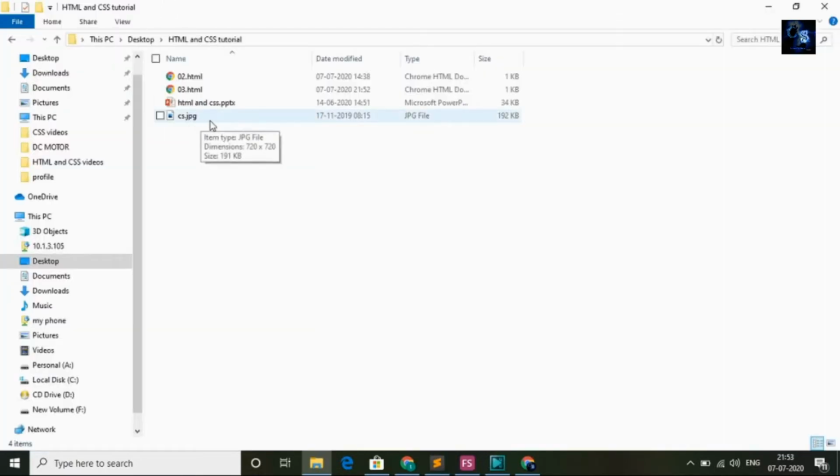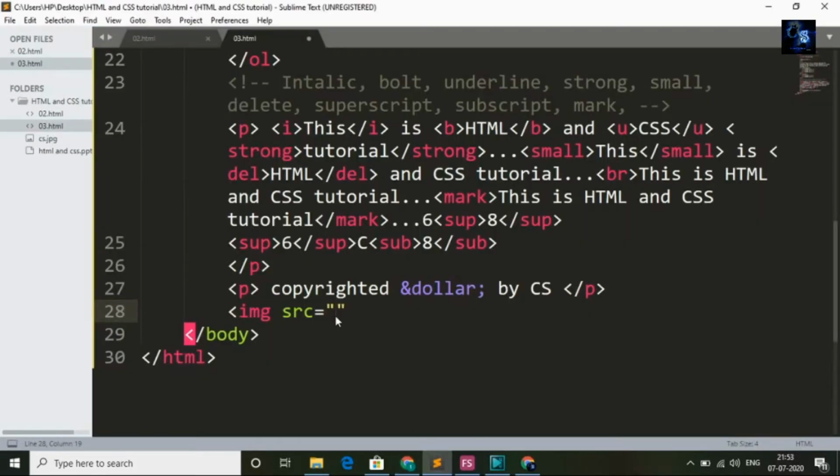Here you can see cs.jpg and this is file. Okay, I will come back to editor and I will add here image name cs.jpg. Then I will add here alt text, double inverted comma, this is cs image. If suppose your image does not load due to slow internet, then this will be displayed. This is cs image, and it will also help during SEO search result. If someone searches cs image, then this image may rank on Google because of this alt text.